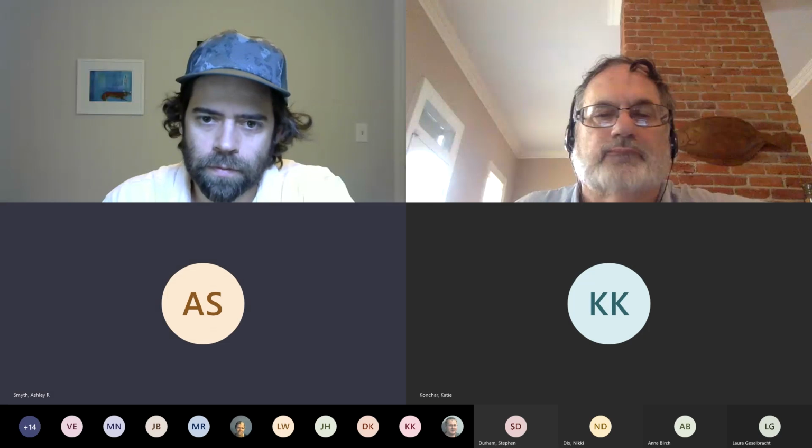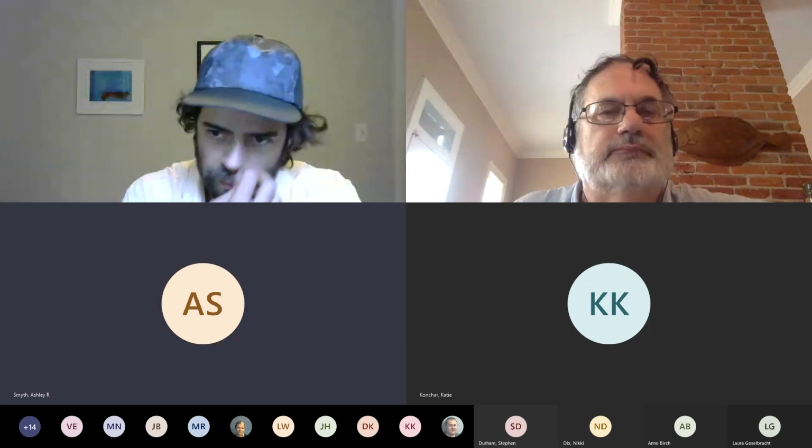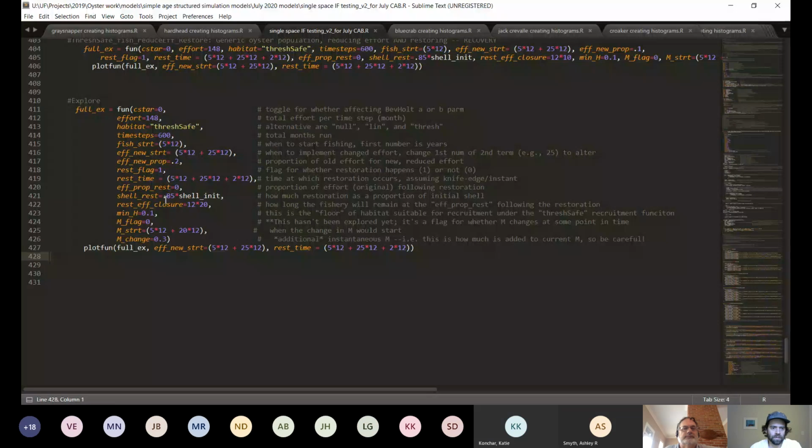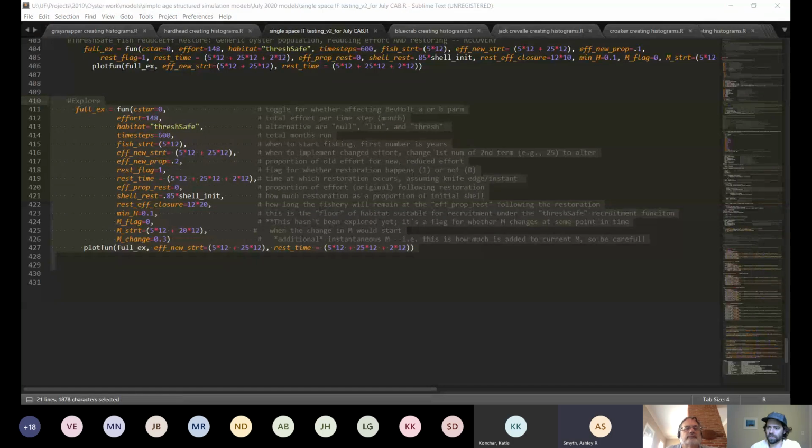Okay. So a little piece of code. And what it lets you do is change all of the different things that we talked about in that model. So you can change the fishing effort, how you think the habitat relates to shell. You can change the time and when you start fishing and restoration. I'm just showing you that it just is a little tiny piece of code, and you can turn it like turning knobs on a stereo, which I guess none of us have stereos anymore. And then you can run them and they will turn into